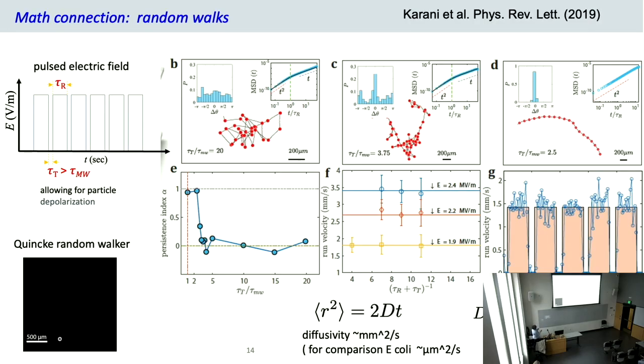This is a fun system, because you can also control how correlated this random walk is, because you have this memory time. If the stop time, the time over which the particle is motionless, is much longer than the memory time, the depolarization and polarization time, then you have a completely random walk. But if your stop time becomes comparable to the memory time, then the walk becomes more and more correlated. And this is what we call the ballistic swimmer. It is completely correlated, so it's going in a straight line.